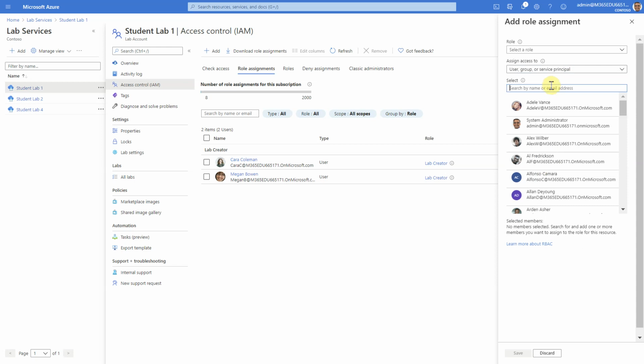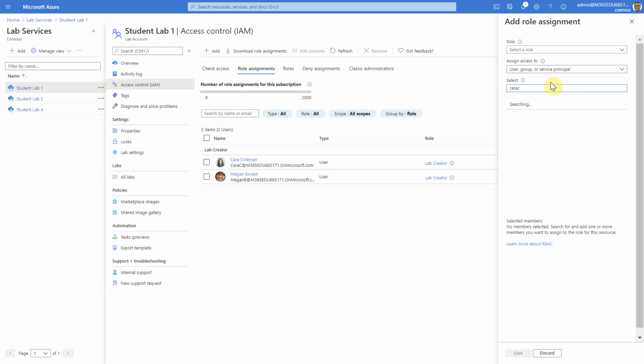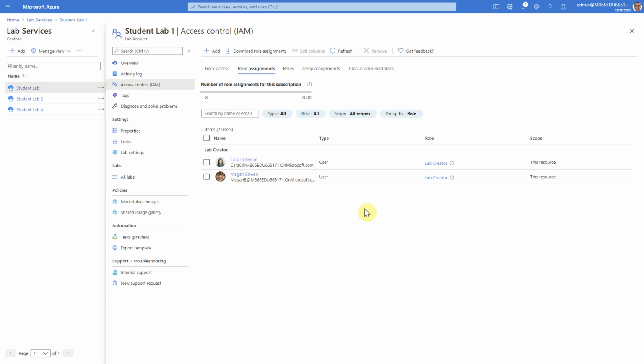Here you can search the Active Directory of this tenant for the name. Once it is selected, you can go ahead and either save or remove. In this case, Kara is already there. It's allowing me to remove it. Now, this function allows the Azure administrator to set any combination of multiple teachers, co-teachers, teaching assistants, for the same or different labs.